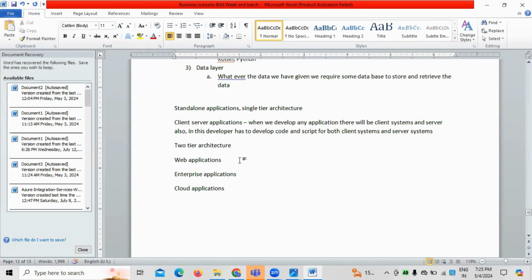Now, the next one is called enterprise applications. Enterprise applications are used for enterprises, meaning any government agencies or any business-related applications. This is where we generally work on enterprise applications, because if you are developing an enterprise application, make sure of the major difference compared with other applications like standalone, two-tier,